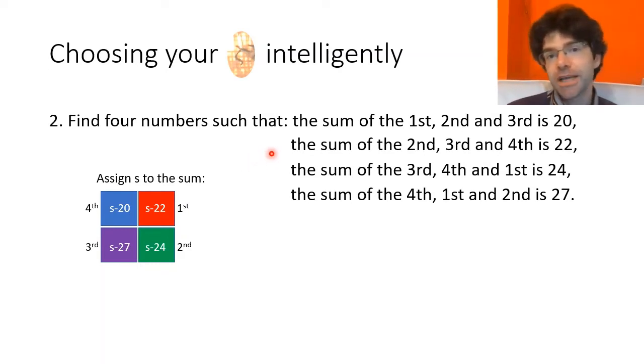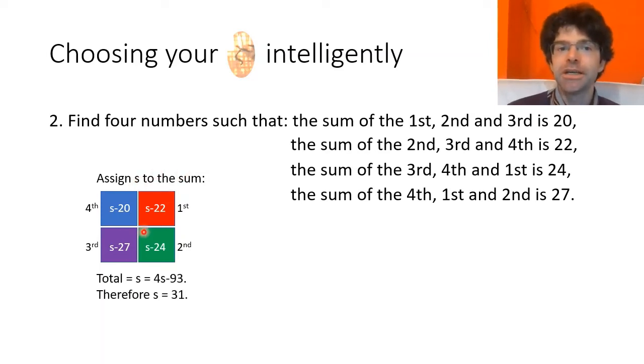So for example, the second equation here tells us that these 3 piles add to 22, so the first unknown must be s minus that. And now we have 2 ways of describing the sum, s itself by definition, but also the sum of these 4 expressions. And this equation shows us that s is 31, from which we can immediately derive the solution.